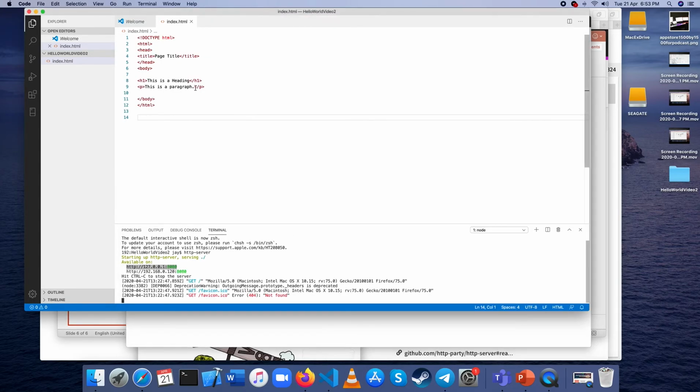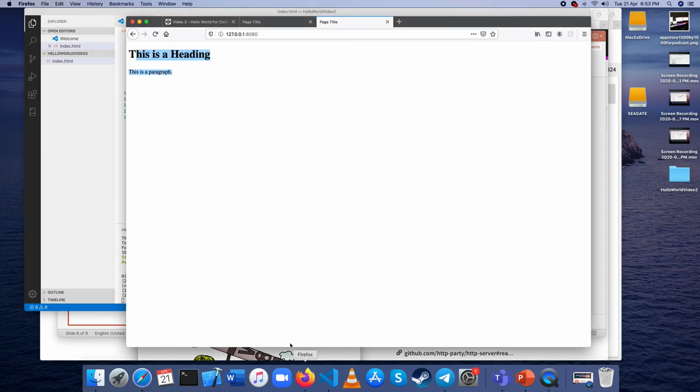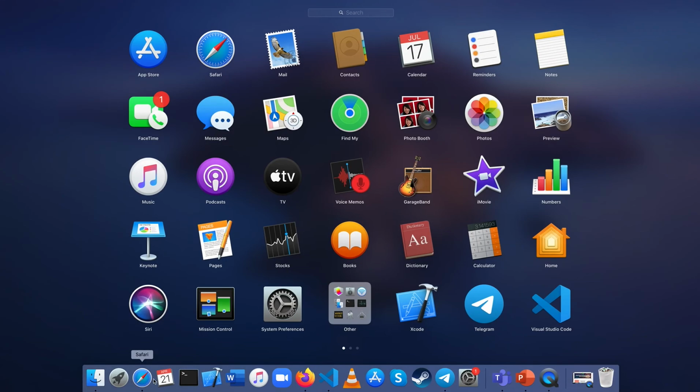If I go back to Visual Studio and change this to Batman, I save the file, come back, reload, there you go. So you can see for yourself. If you're going to do it in CodePen, everything is automatic. The moment you change something,